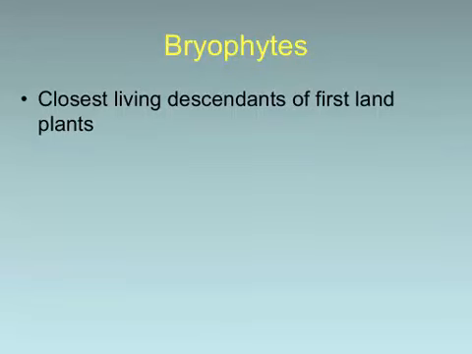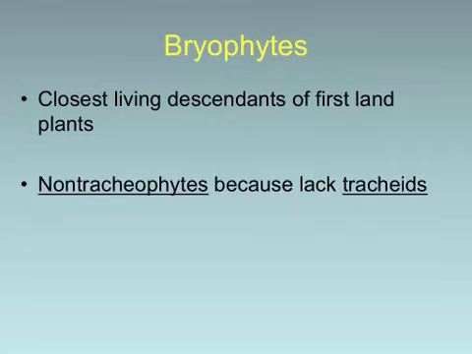And we're going to pick up now with our second section of our discussion of Chapter 30 in the Raven textbook on the green plants. So, moving on now into the bryophytes, which are the first and earliest and most primitive group of plants.